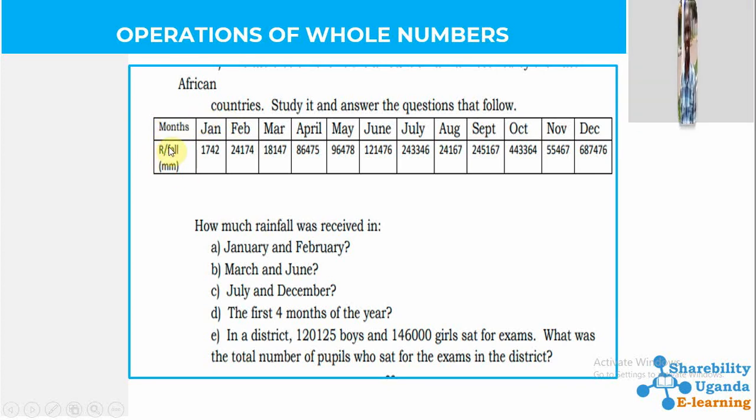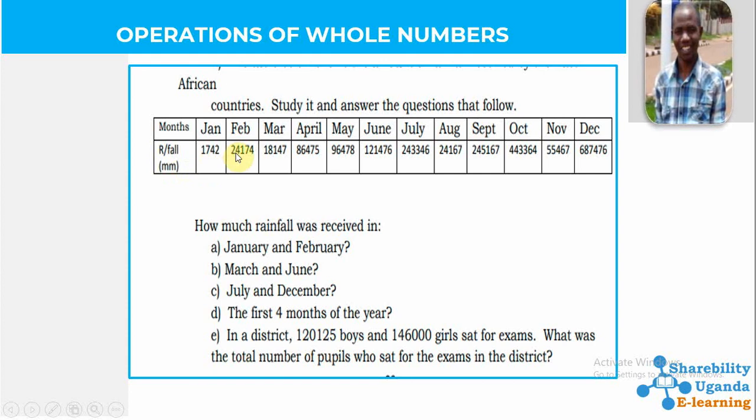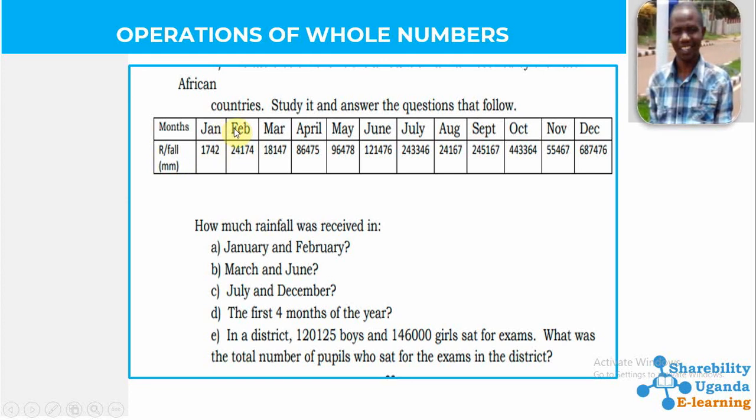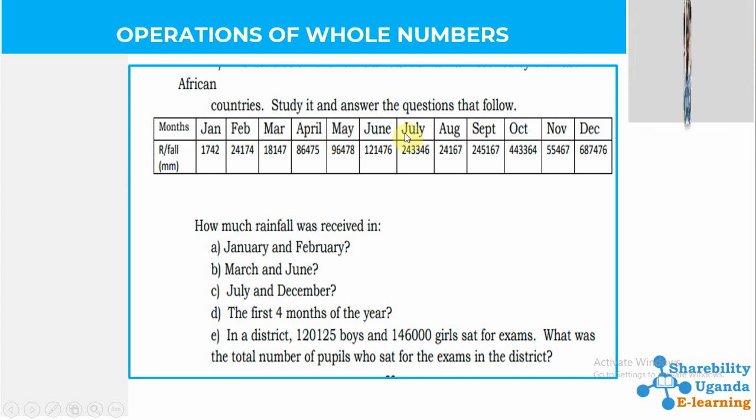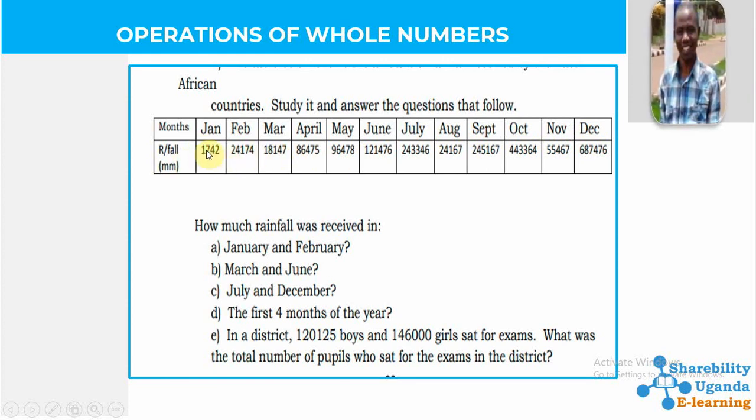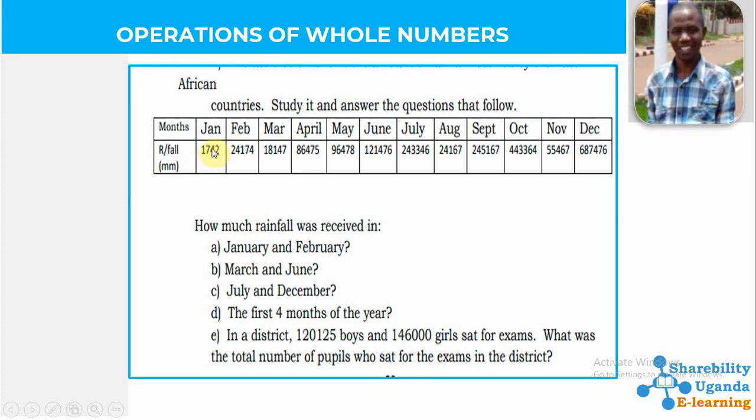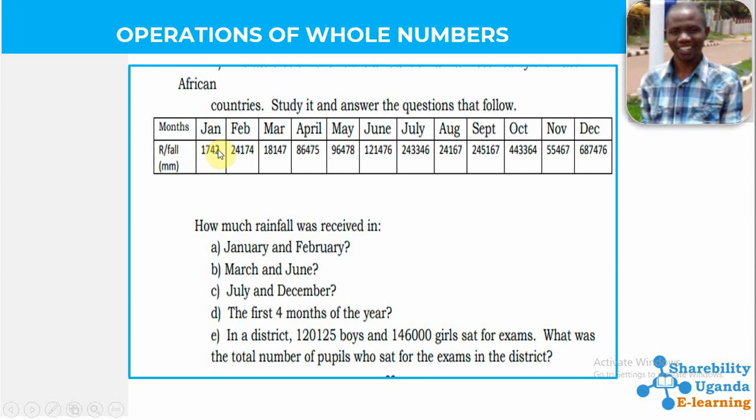Now you can see here in this table we have what we call month. We also have rainfall, which is measured in millimeters. So in the month column, those are the months of the year from January up to December. There is rainfall which was measured in millimeters. So when it was measured, you can see here it kept on increasing. Like in January, maybe it is a bit small,